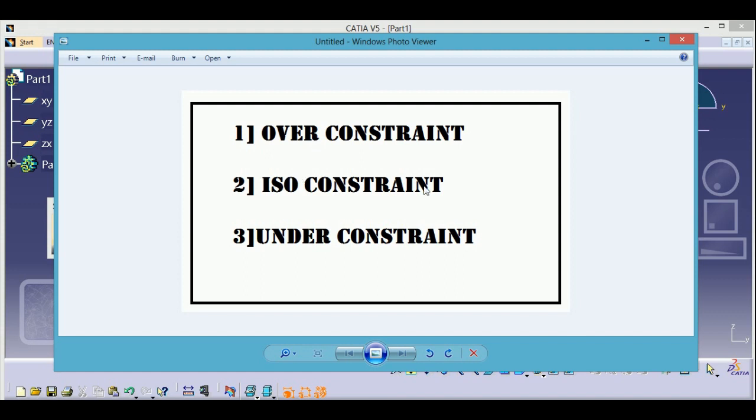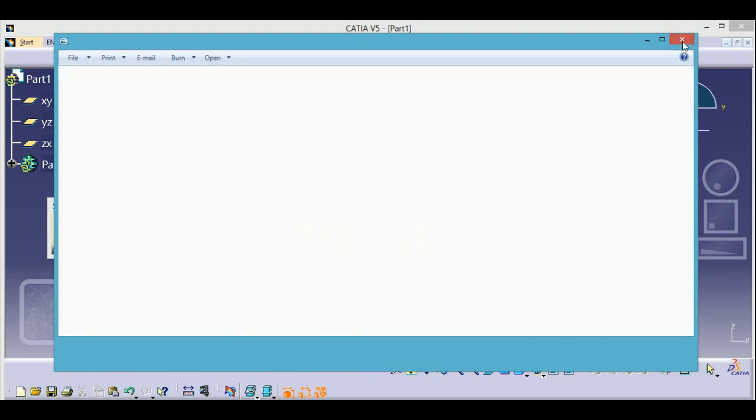ISO constraint, you are providing the proper dimensions to your diagram, because there are some specific dimensions which will lock your figure, and after that the dimensions are not more or less than needed. That is our desired thing, ISO constraint. And under constraint is also not needed, because under constraint is when the dimensions are not proper. You can tell by its color. The three of them are shown by different colors.